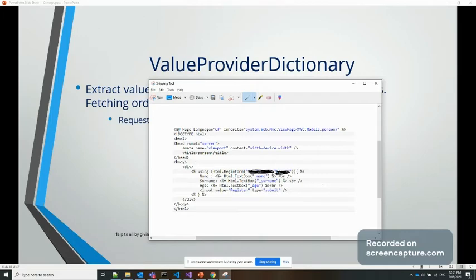So here is a small example. In this view, you can see we are passing the data this way, Html.BeginForm. Here we are passing our controller name and controller action name.